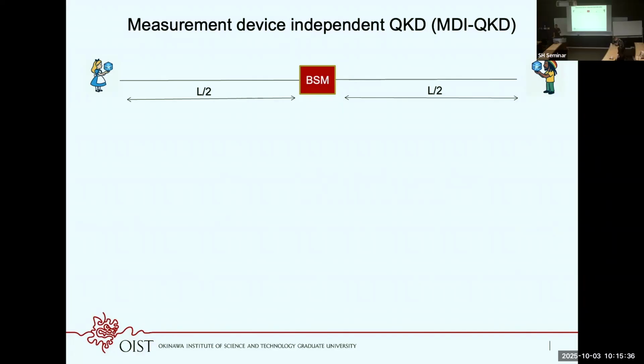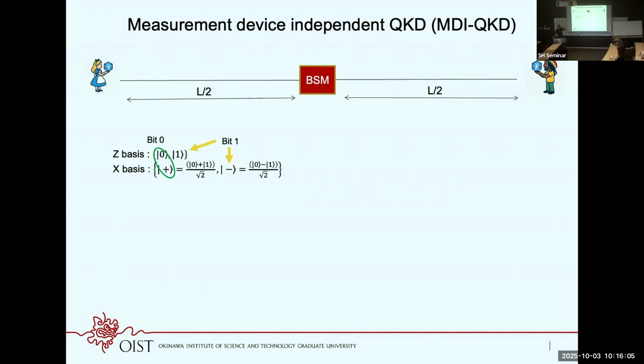The way you have to think about it is just that when Alice and Bob send their states to this Bell state measurement, this measurement creates some correlation between these 2 states, okay? And this correlation is used to extract the key. And another thing, the way we could implement this protocol is, for example, using